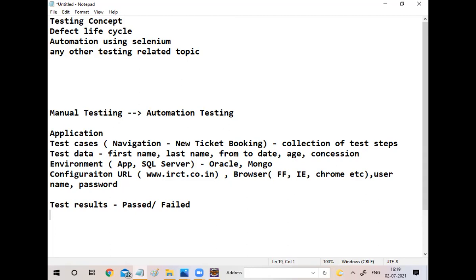Suppose whatever fix I am doing, I may not know that my fix is going to create trouble for the existing application. For example, if I want to go from Tirunelveli to Madurai, I can go directly through Kovilpatti, then Virudhunagar, and directly come to Madurai.